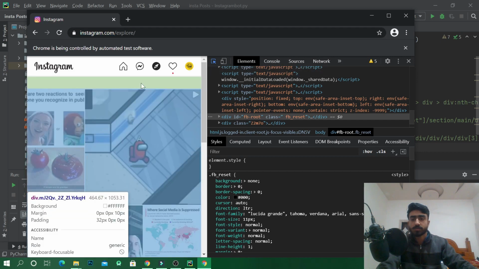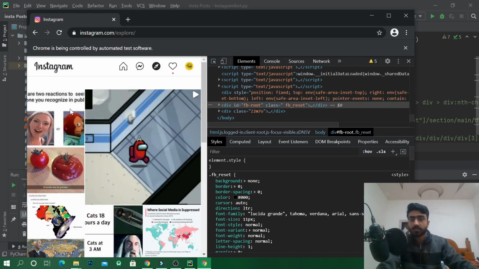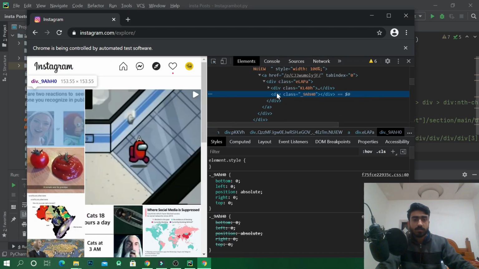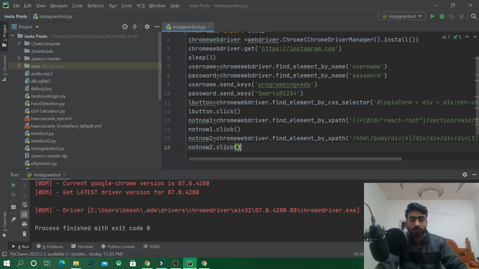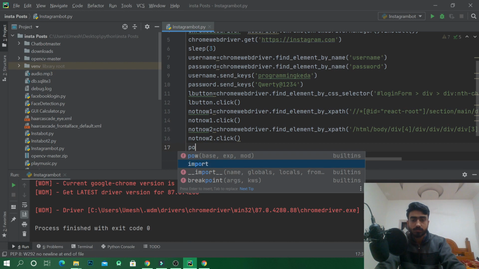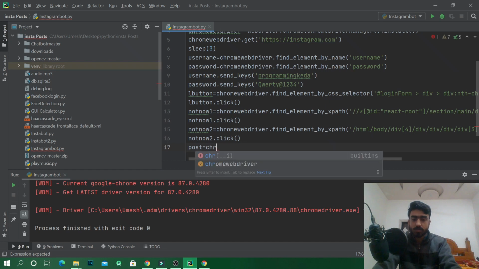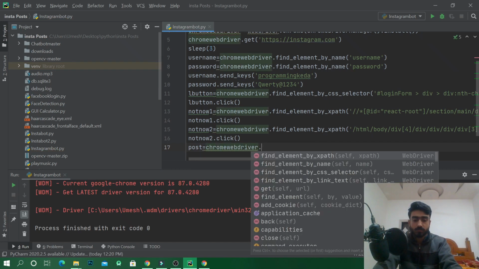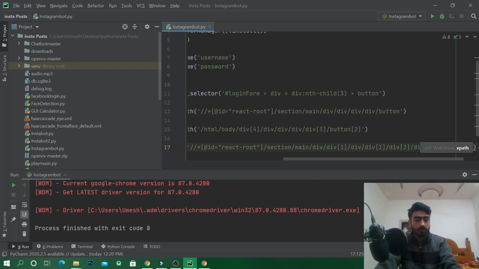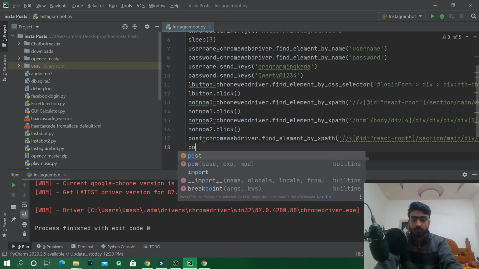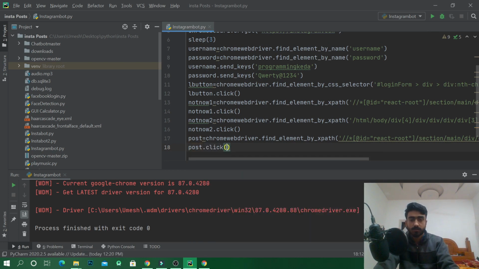So what is this post? We will press this button and then this, and we'll copy its XPath. We'll name a variable post equals Chrome WebDriver dot find element by XPath. We'll give its XPath. We'll open this post. We'll click on this element,